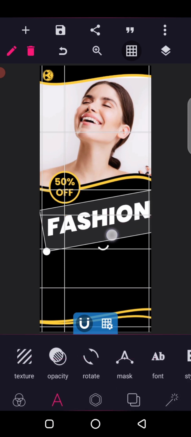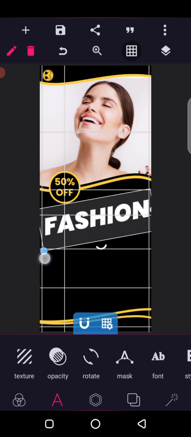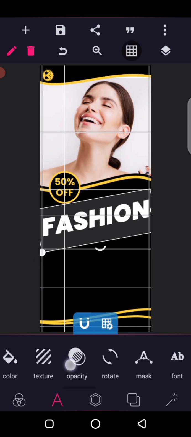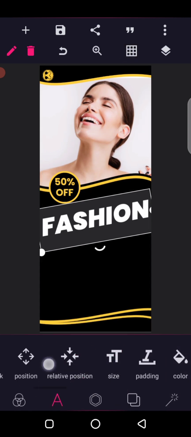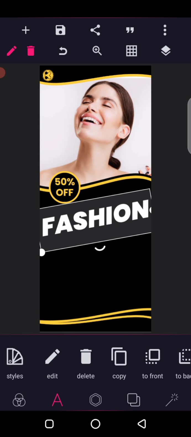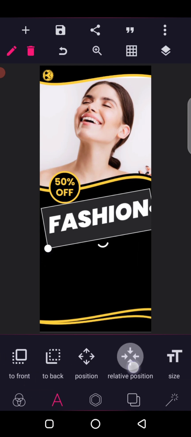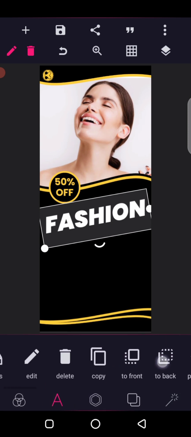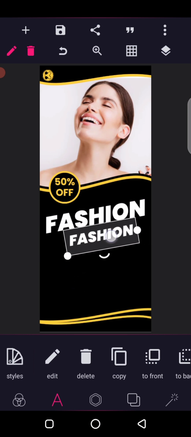Then you can increase the size now, disable this snapping tool, then increase the size like this. Okay, and go to relative position, center it, perfect, remove the guide. Okay, come here. You can still reduce the size of the text, reduce it small like this. Then come to relative position, center it, this one is perfect. Copy it and bring it here, reduce the size, double click on it,